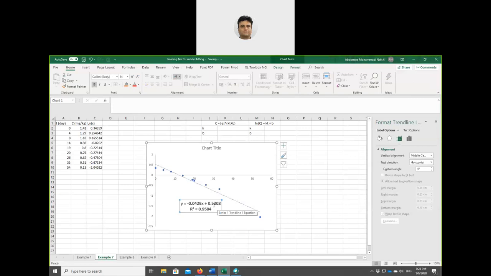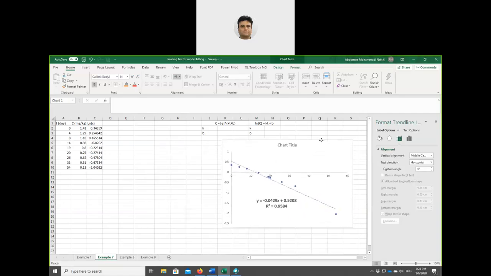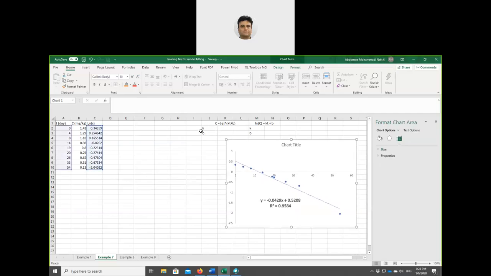We can put exactly 0.208. Now I want to do the non-linear regression. For non-linear regression, again,